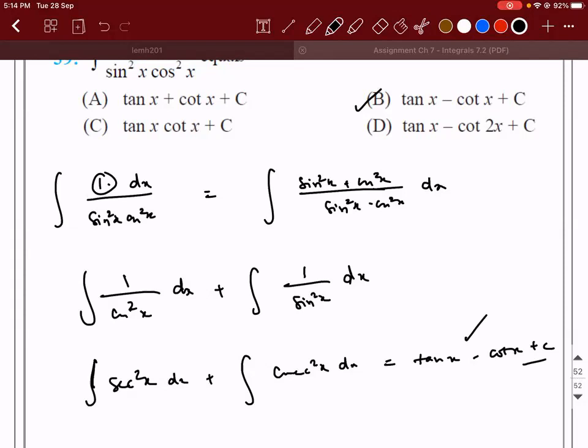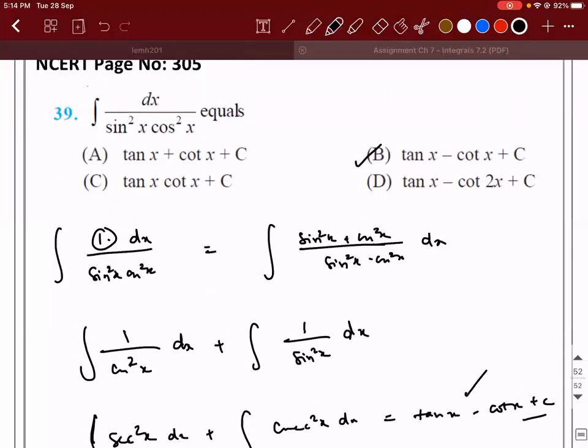How did you separate and write it? Yes, sir. Same, sir. One I wrote as cos square x plus this one, sir. And the denominator I just separated it, sir, like a square minus b square, you can write as a minus b and a plus b, no, sir. Then I separated the values, sir. I got the same answer. I have a doubt. Here there is a square minus b square. No, how did you separate?